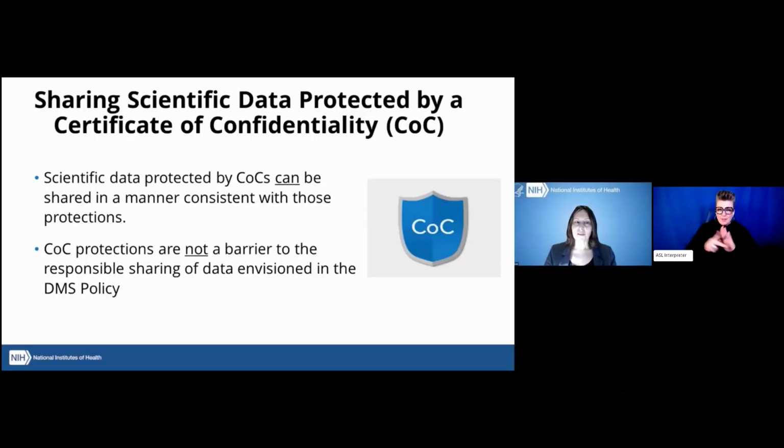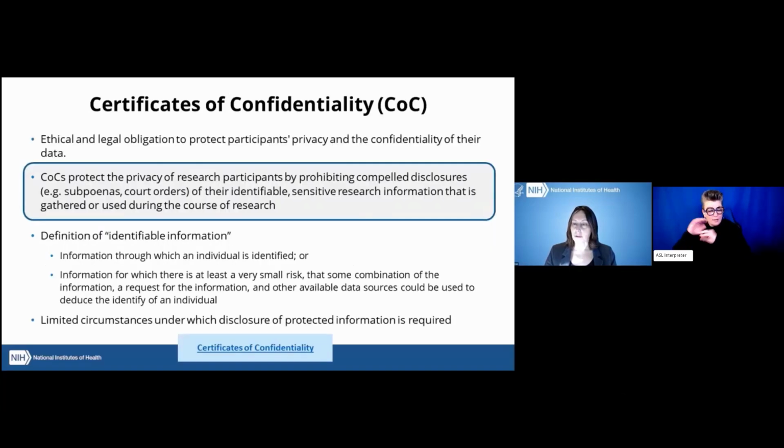Thanks. And since you just mentioned certificates of confidentiality, let's take a moment to review what those are and how they relate to the DMS policy. Julia, could you give us a summary? Certainly. The bottom line is that scientific data may be protected by a certificate of confidentiality, and data protected by certificates can be shared in a manner consistent with those protections. So the protections offered by certificates of confidentiality are not a barrier to the kinds of responsible data sharing envisioned in the DMS policy. To give just a bit of background for those not familiar with them,